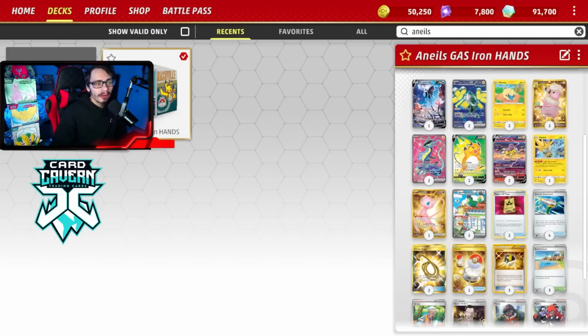So one thing to note about the Iron Hands deck here is Aneil did say this deck is kind of an all-in type deck where you want to dodge your bad matchups. This deck has a very bad matchup against Charizard EX. It also doesn't have a great Mew matchup. Those were the 2 matchups that Aneil said he wanted to avoid, but everything else is perfectly fine because you